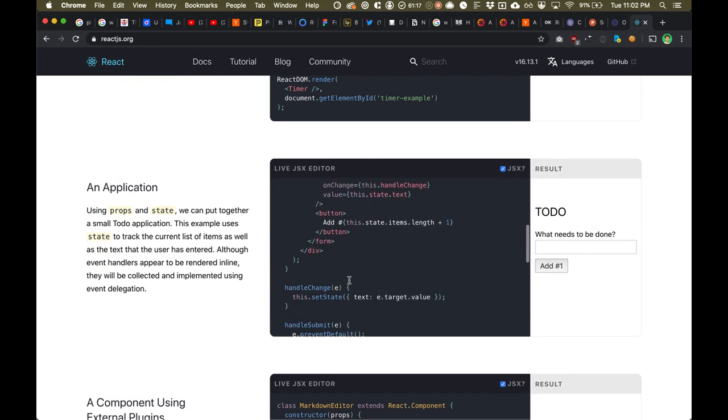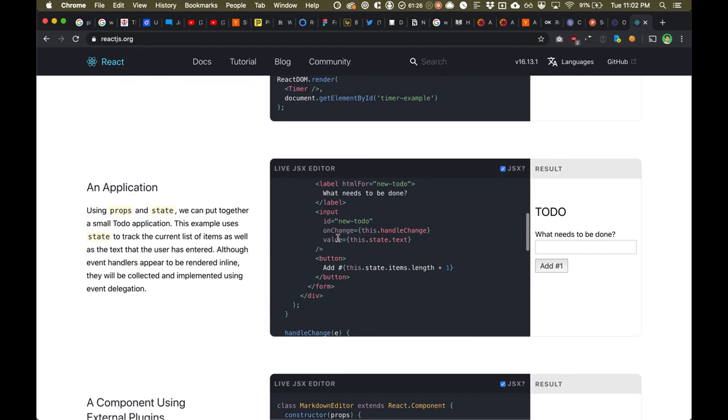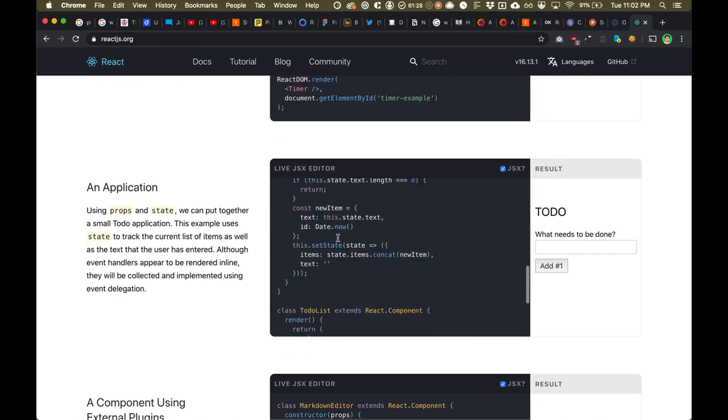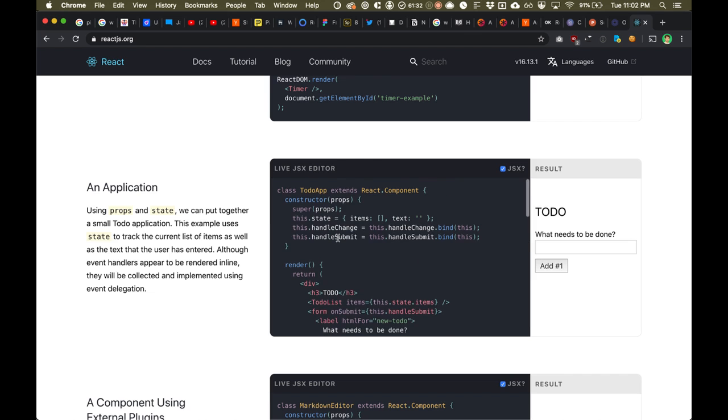You lay out your page based on the state of your JavaScript components. In my opinion, when you're first getting started, using regular vanilla JavaScript is going to be a thousand million times easier and make a lot more sense.